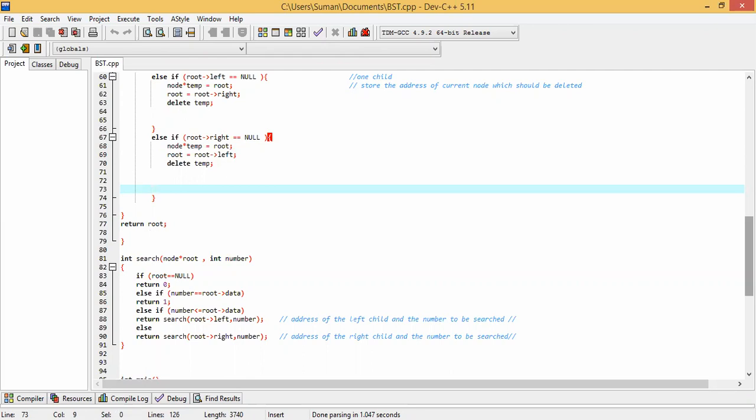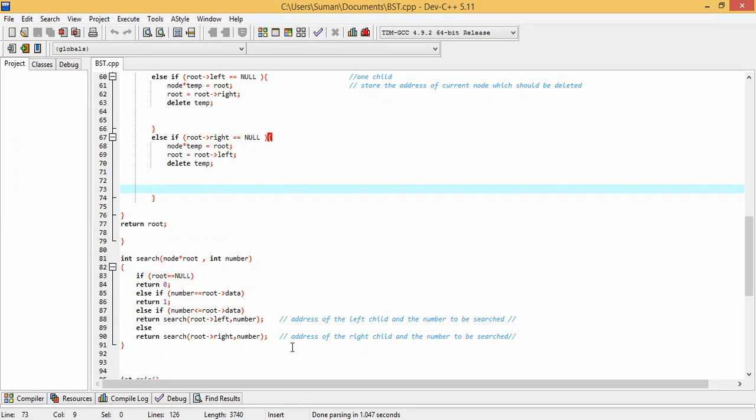If the number is less than the root data, we search in the left subtree. If the number is greater than the root data, we search in the right side of the tree. That's why in the search method we pass the address of the right child and the value we want to search.